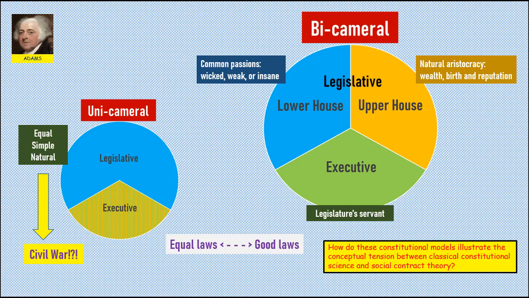And of course, he's on the opposite side of the issue. The Continental Congress is a unicameral legislature, and he's going to argue that that is appropriate, but also try to apply his model that it will end up in civil war if the Continental Congress ever assumes sovereign powers, which is, of course, exactly what the federal constitution is going to propose. So we're going to look in the conclusion to Adams's essay here, and we'll try to apply this same model to the national level, but try to reach the opposite conclusions and argue that his theory is still true. So let's turn back to the text and the final movement.